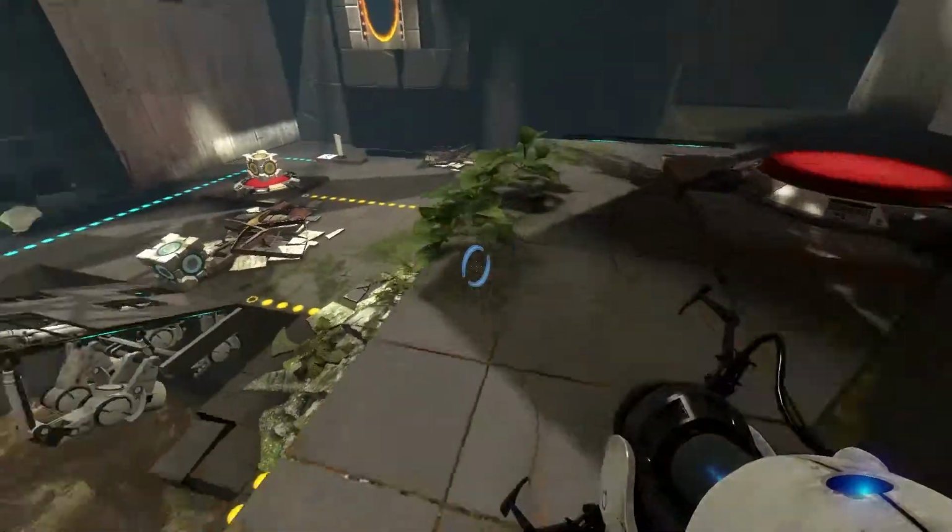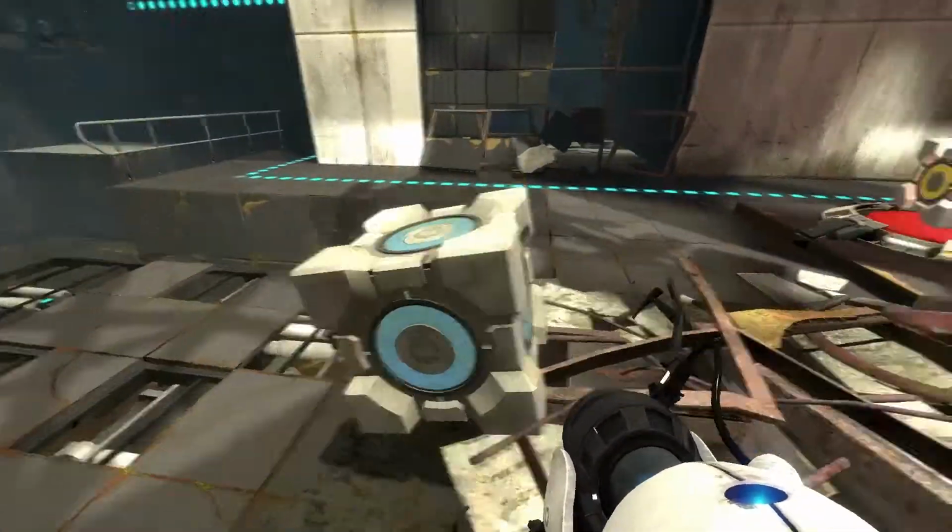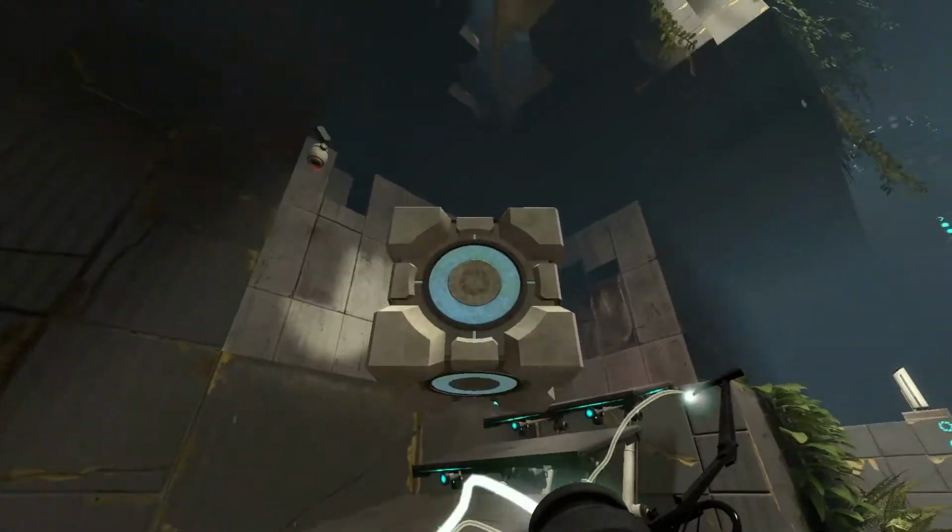And there it goes. Go down, retrieve the cube, put it on the other button,